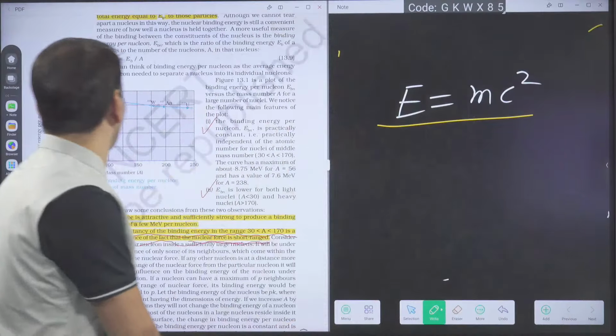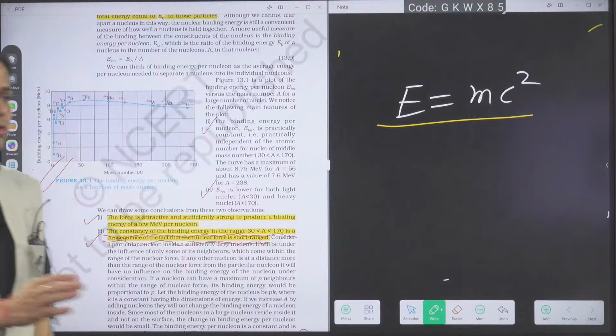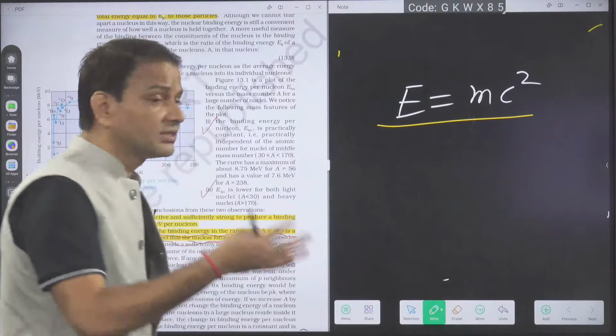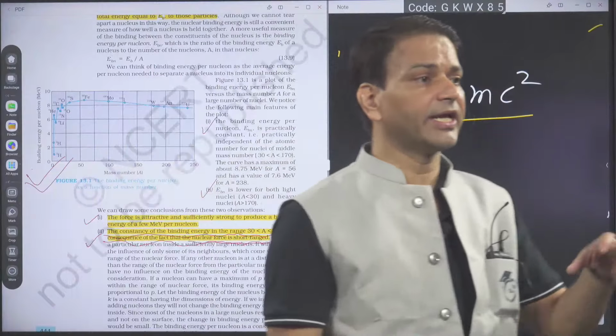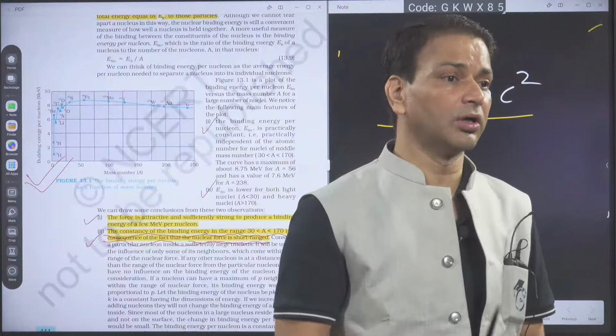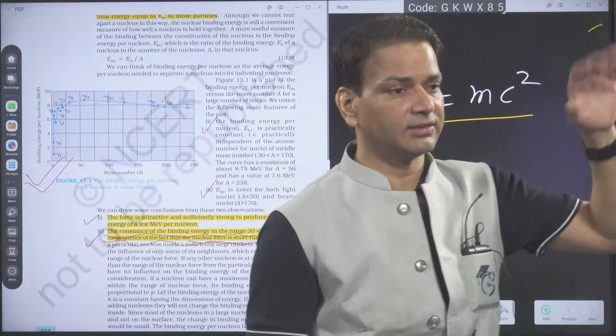You can see that at the peaks we are getting helium, carbon, oxygen. Helium 2He4: 2 protons, 2 neutrons. Carbon 6C12: 6 protons, 6 neutrons. Both are even. Oxygen 8O16: 8 protons, 8 neutrons. So these nuclei are relatively more stable. That's why stability suddenly rises. They are on the peak.